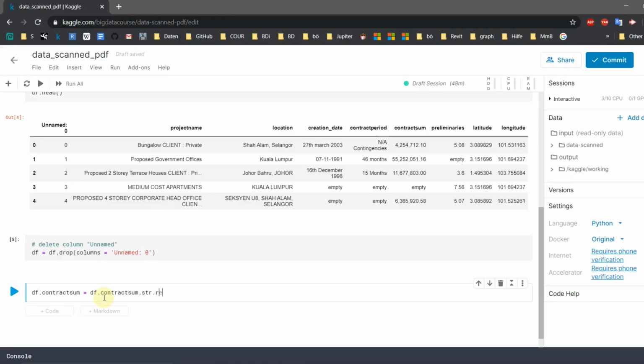Now, from our contract sum column, using the replace function, we replace all empty values with the value None, not a number. Empty line.